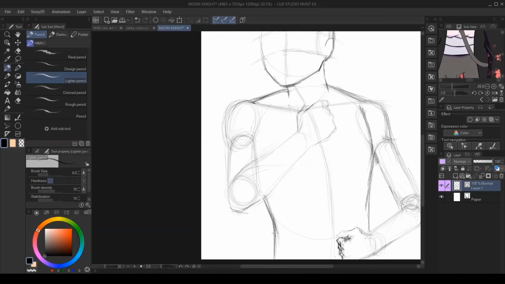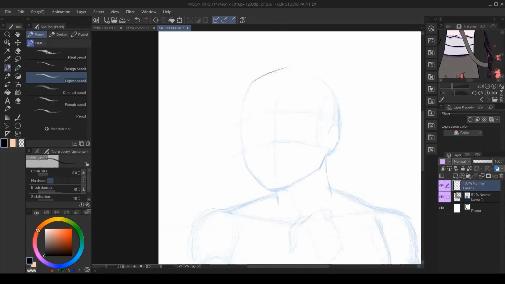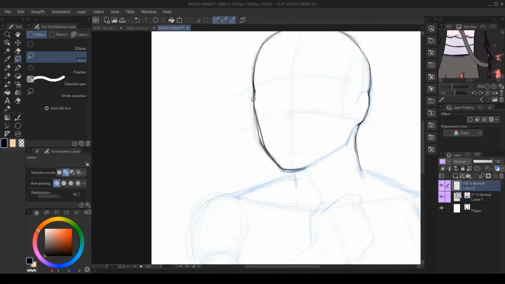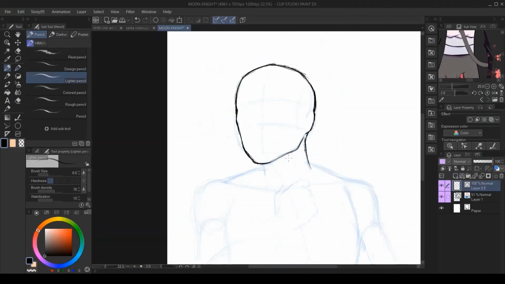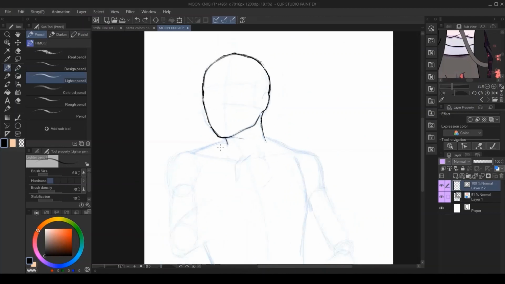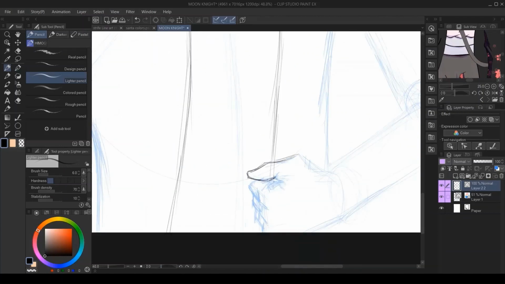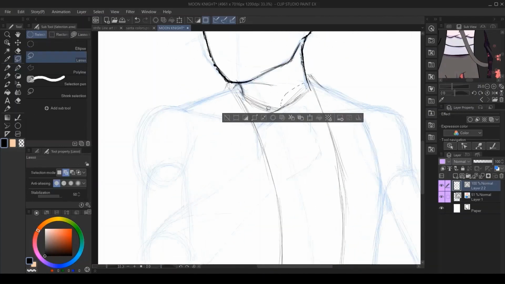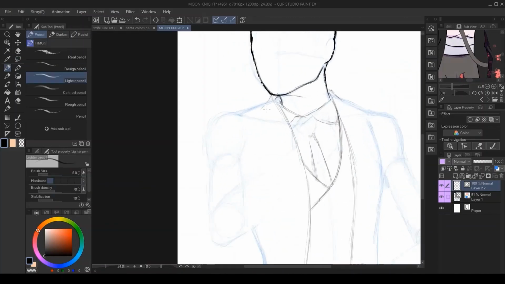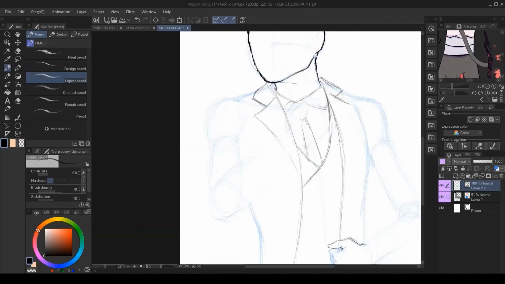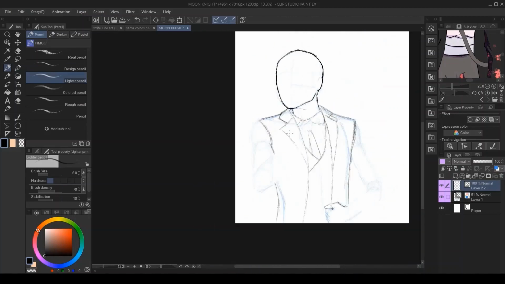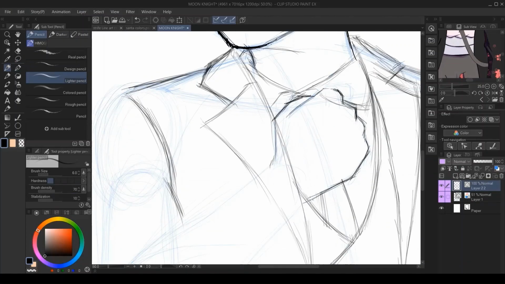Just like always, starting out with the basic guidelines, trying to figure out the proportions and all of that, trying to figure out the pose. You can see the line of action there down the middle. It just helps to show the direction of the chest, how the chest is twisting or turning. And now I'm starting to add the detail,